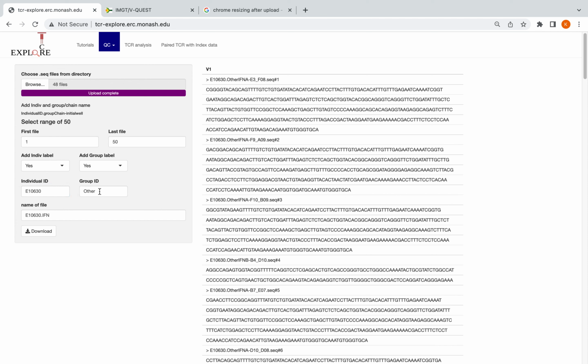If you had to add in, for instance, the group and the chain ID, you would just type it in here, which would be something like NA-, which would add in that necessary information. However, we don't need to do it for this particular file. So once the file has been downloaded,